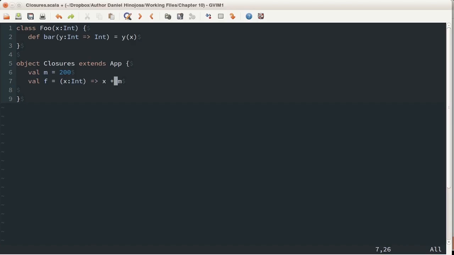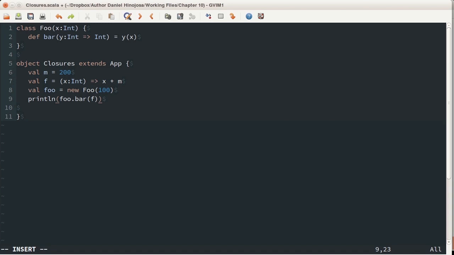What am I going to do with that function now? So what we're going to do is we're going to create val foo, and we're going to create a foo object with 100. 100 is going to be the x that comes in here. And now what I'm going to do is I'm going to do a print line. foo.bar, and I'm going to give it the function. So what's going to happen here? Well, foo is already 100, so x is 100. Then I'm going to call bar with a function. And this function is essentially plus 200. So therefore, since x is already established as 100, we're giving it a function that if you give it an int, this will just merely add 200. The 200 came from its environment. It closed around it. The 200 is outside of the scope of the function whenever we create the function in